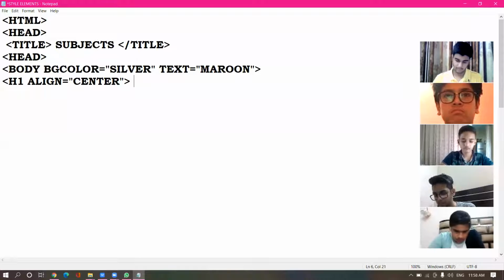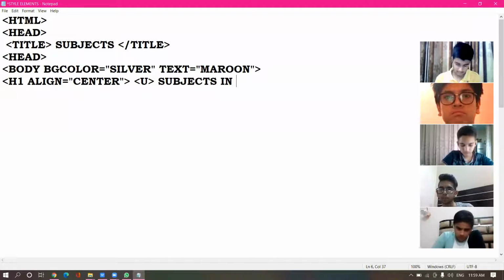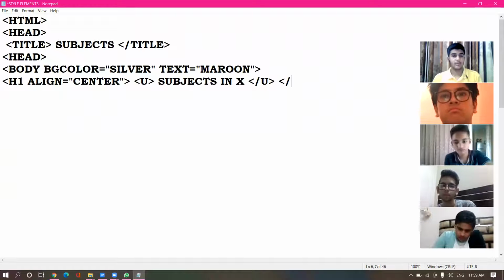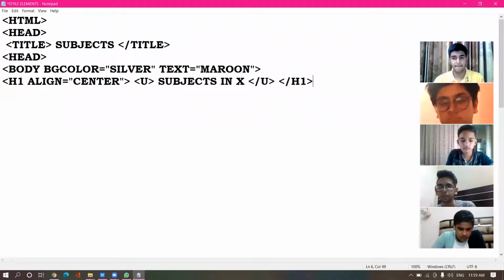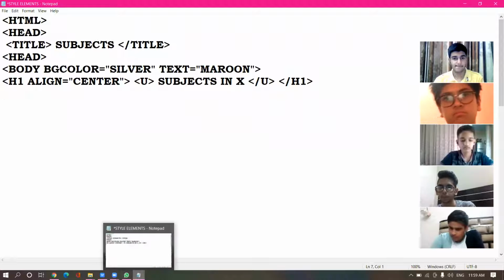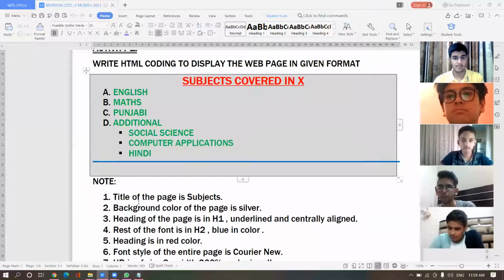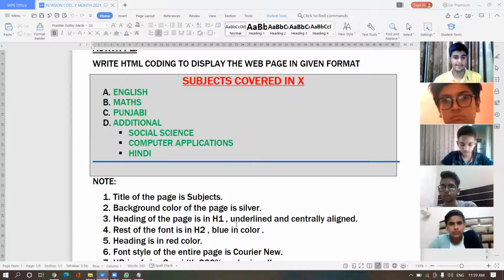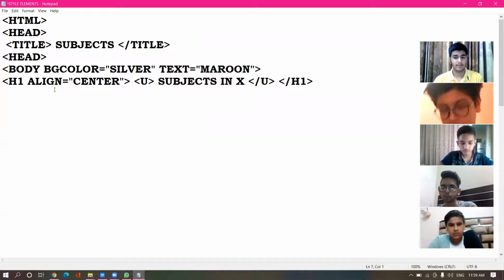And then the heading is given, underlined, subjects in 10. Then U tag close and then H1 close. Any doubt in this line? Is this line clear to everyone? Look at the instruction again. The heading of the page is H1, center aligned, underline. For underline, which tag is it? U tag.